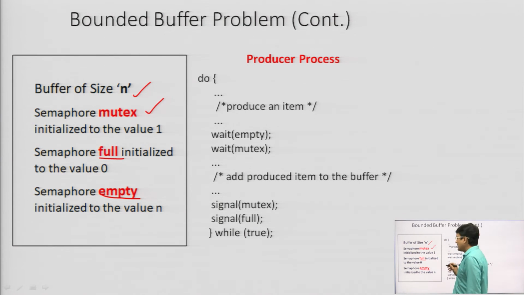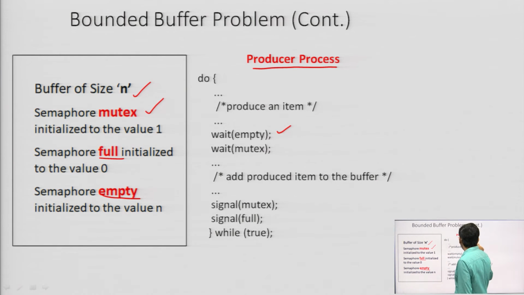You can see that whenever we have to access the buffer, it has to be done in a mutually exclusive way. When the producer is doing something, the consumer should stop, and when the consumer is doing something, the producer should stop. Okay? Both are using the buffer, the conveyor belt example that we have taken. So, wait empty, what does that mean?